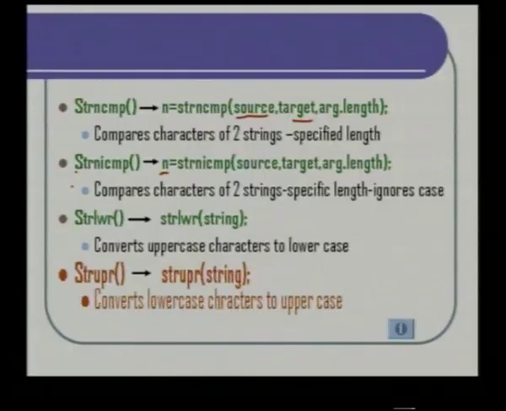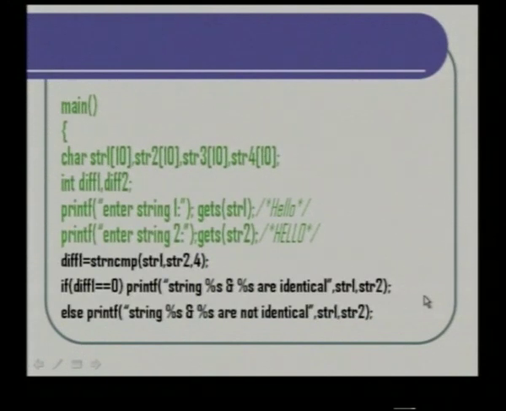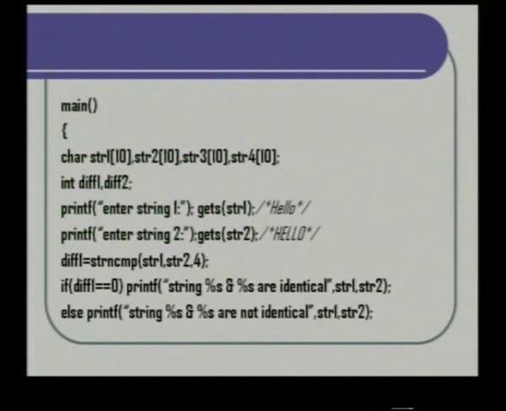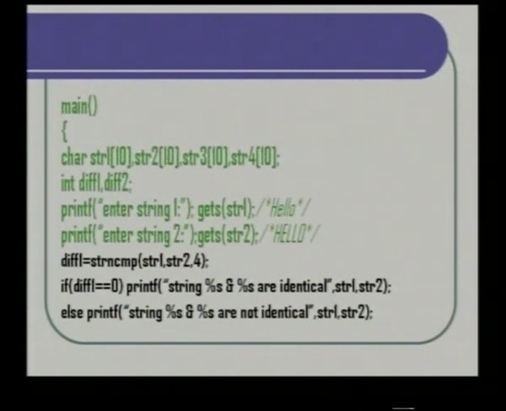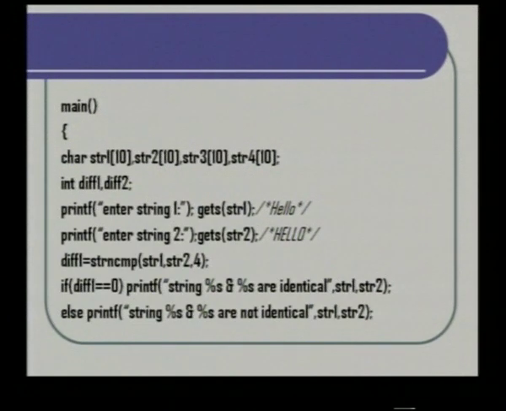And uppercase is when you want to convert a string to capitals from small letters. So, how is this used in a C program? Here again, the main function and a list of strings for the comparisons, and integer variables. I am entering two strings, string 1 and string 2. If you see, in the first string only the first letter is capital, in the second string all are capital, but